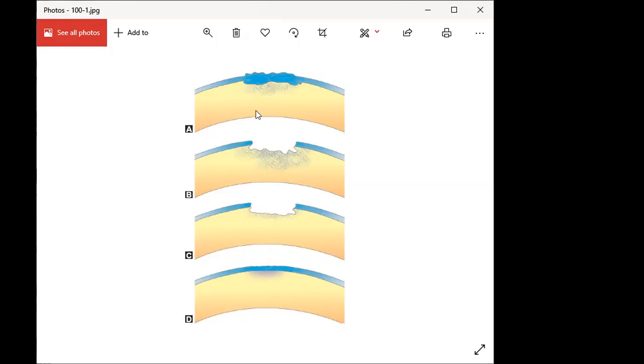In the stage of progressive infiltration, a lot of macrophages and neutrophils will be deposited in this region. Once this deposition happens, it leads to haziness. So that is the first stage, where you see haziness in the cornea. Then in ulceration, a part of it is gone, and then it is replaced again. Once it is replaced completely, there may be minor scarring.